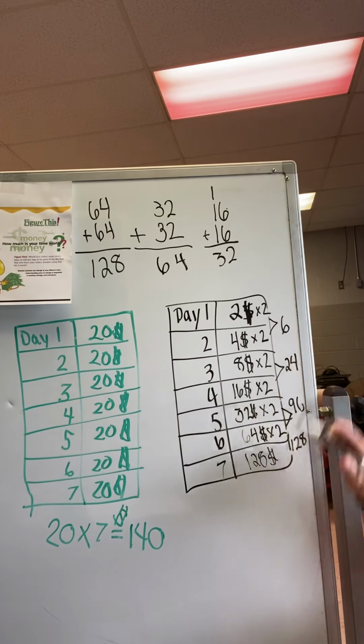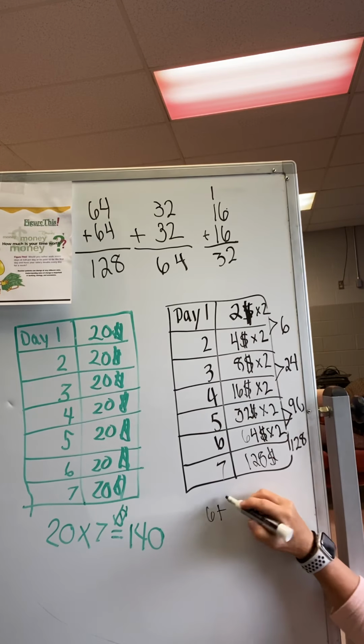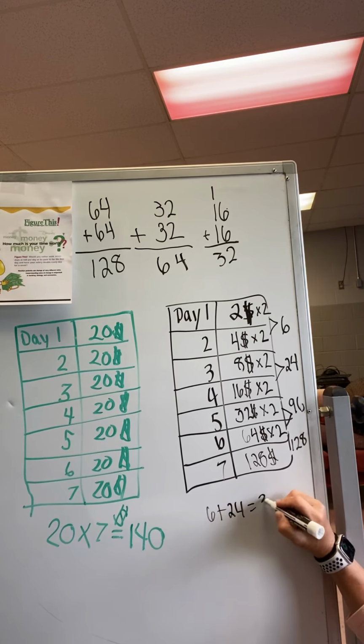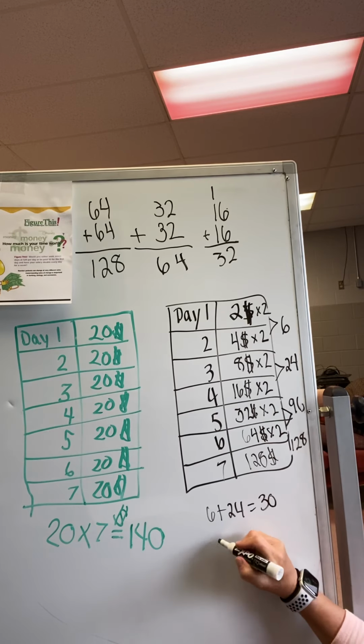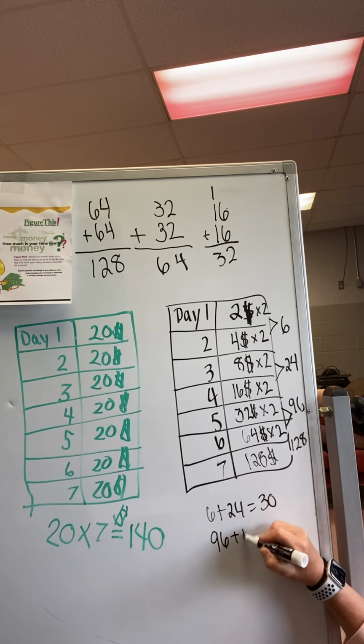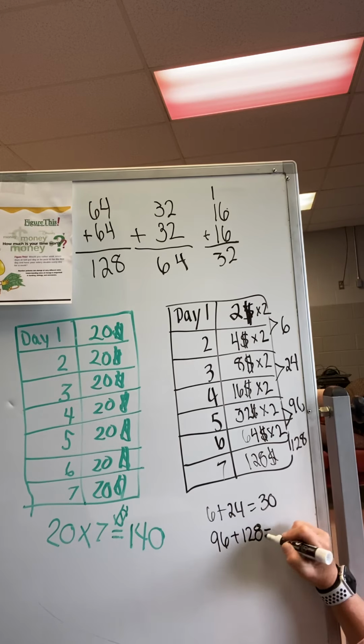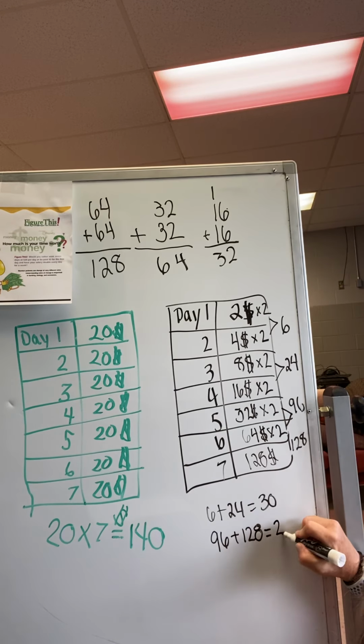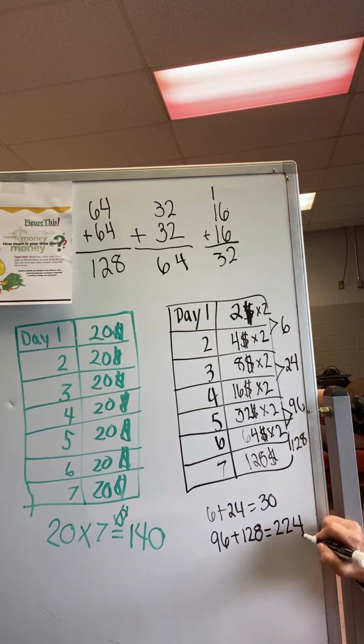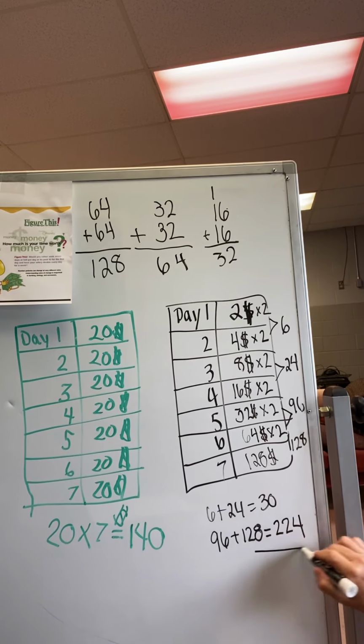I know 6 plus 24 is 30. And I know that 96 plus 128 is 224. And then I'm going to combine these two numbers for a total of